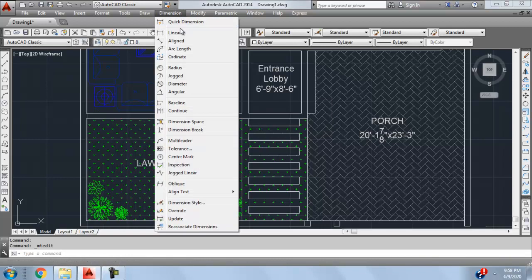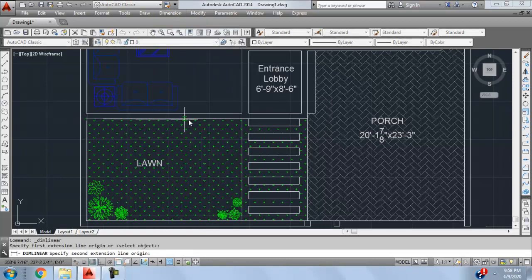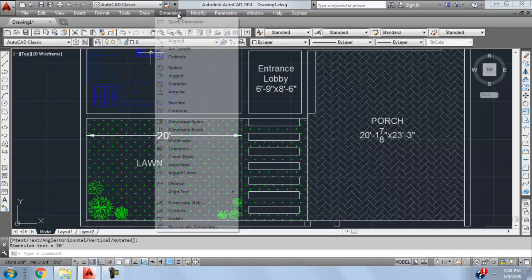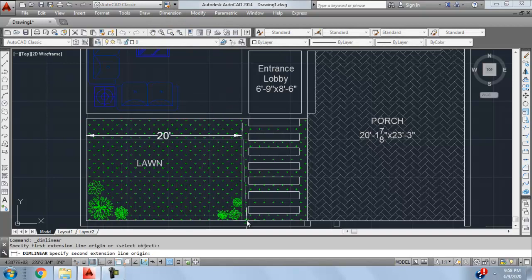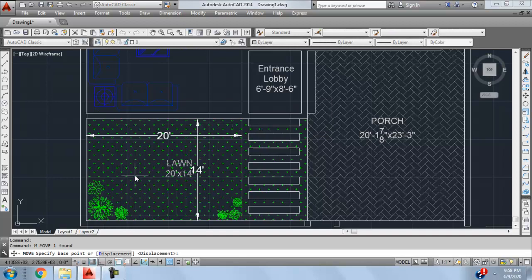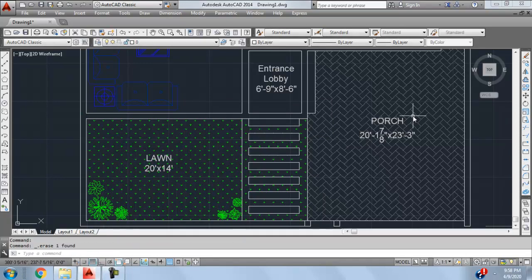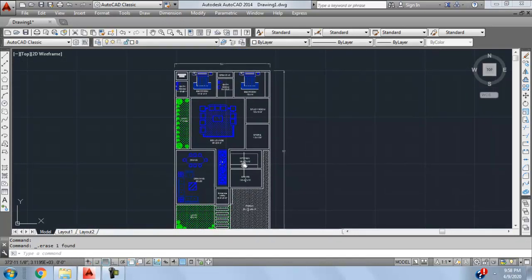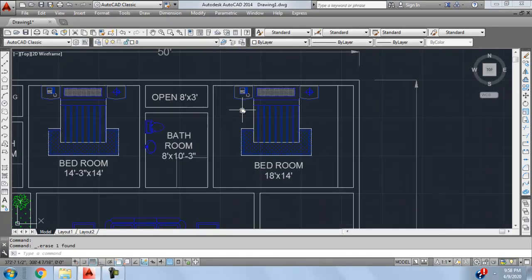and the dimensions of lawn will be 20 by 14. 20 feet by 14 feet. So that's it. All the dimensions are done, I guess. Well, yes, all the dimensions are done, including the